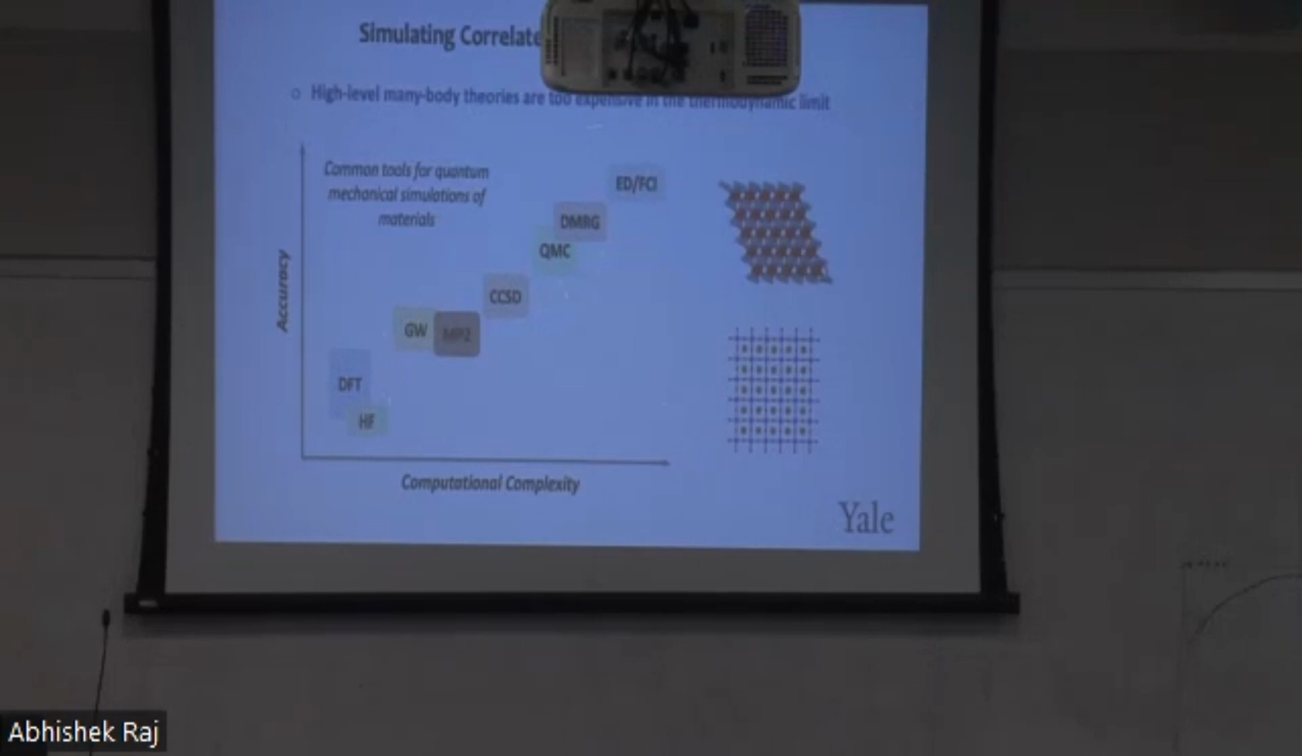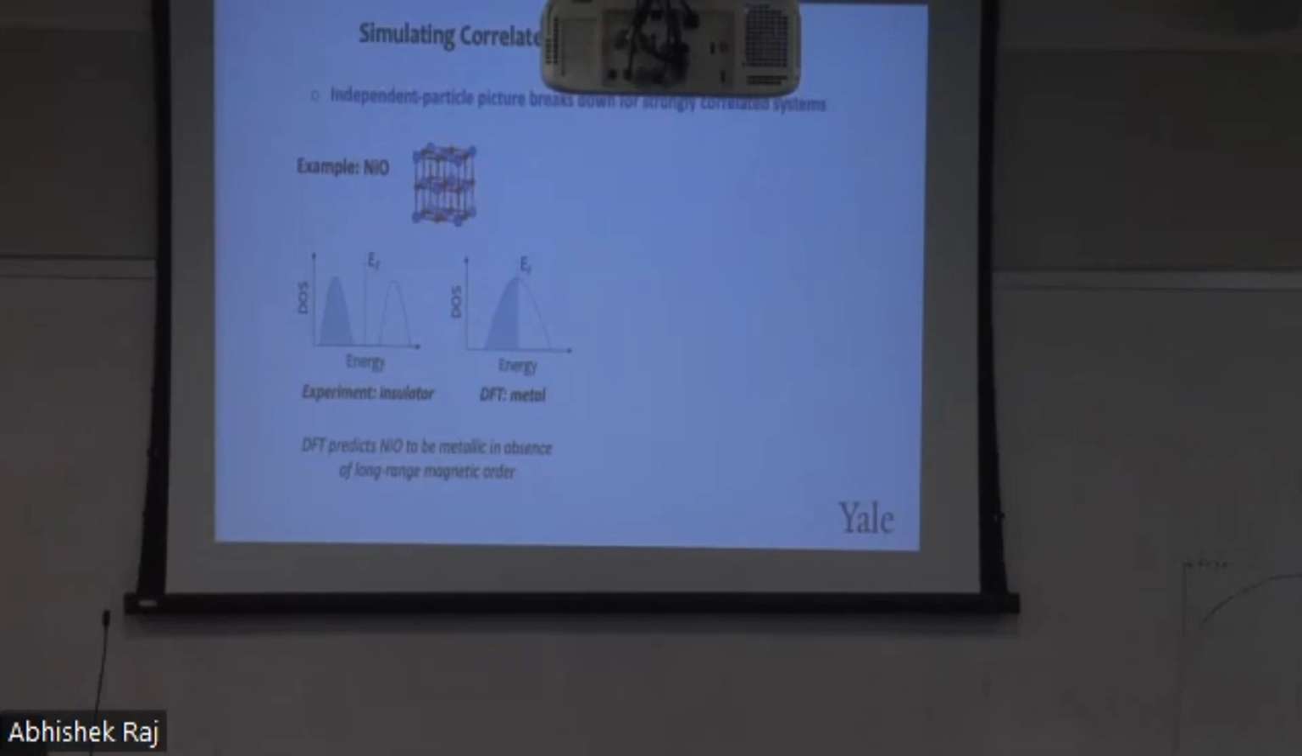But of course, we know that these are very expensive and typically not possible to do in the thermodynamic limit, meaning that when you simulate solids, you can't just take a small fragment and simulate it. That result typically doesn't mean anything. You need to simulate the periodic system, using dense enough k-point sampling or a very large supercell equivalent. On the other hand, if we just stick to DFT,